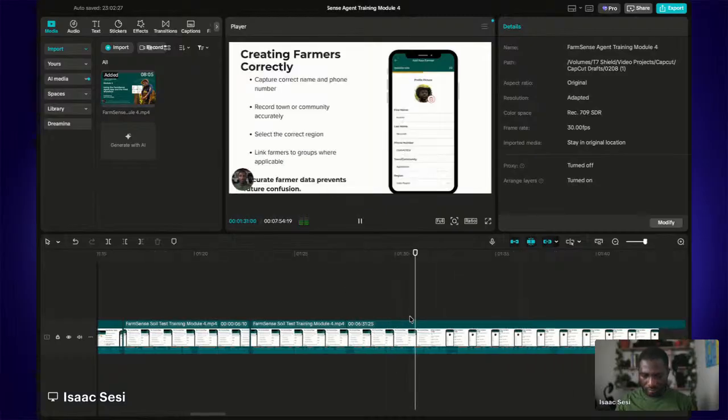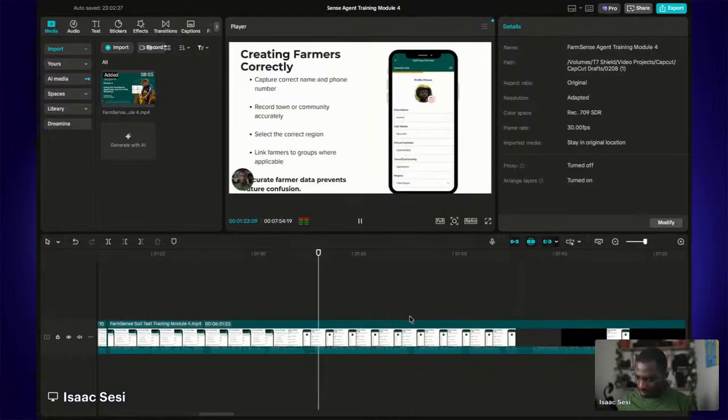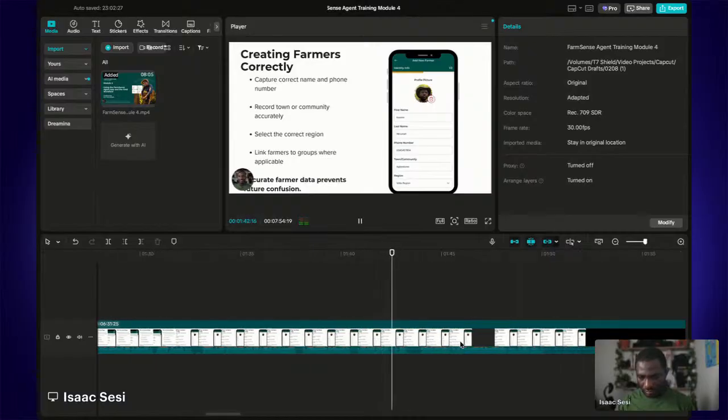So how do you create a new farmer? When you are creating a new farmer, make sure that you enter accurate details like their name, the phone number, the location, and the region, because this information links reports